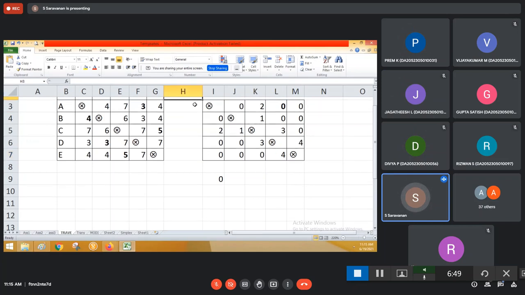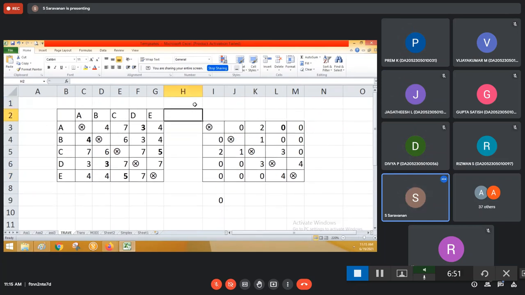Actually, that's not the answer for this. We still have one more step that we need to discuss to solve this problem. Kindly observe what I'm doing. You see how we start making assignments. If we choose a 0, we will be cancelling the 0s in the corresponding column or row. So I'll take this one.